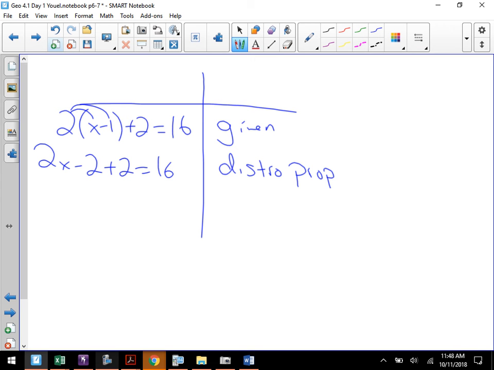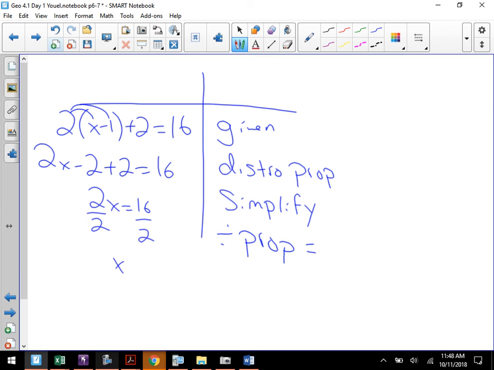Yeah, I can do minus 2 plus 2, and what do you get? 0. So I can rewrite it as 2x equals 16, because what you did was you simplified. Now what? Good. And then lastly,